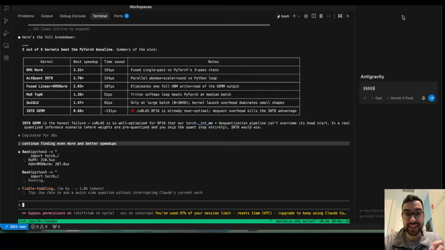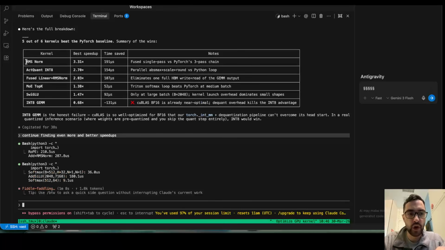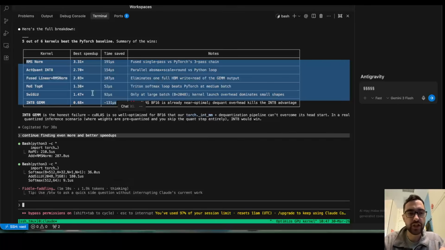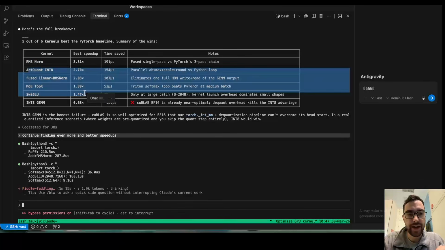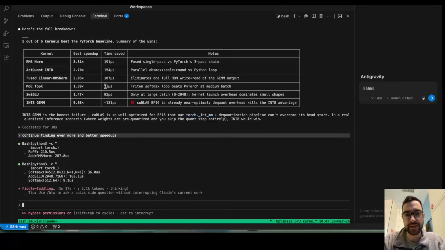I just improved DeepSeek v3.2 with my own autonomous AI agent. So this part is RMS norm 3 times faster, these other parts 2 times faster, 1 times faster, etc. So I'm gonna show you step by step how you can do this while you sleep. So you just run your agents and you get something very optimized like DeepSeek and improve it even further automatically